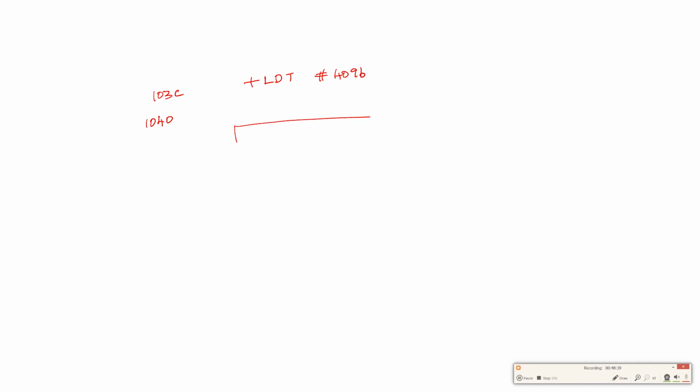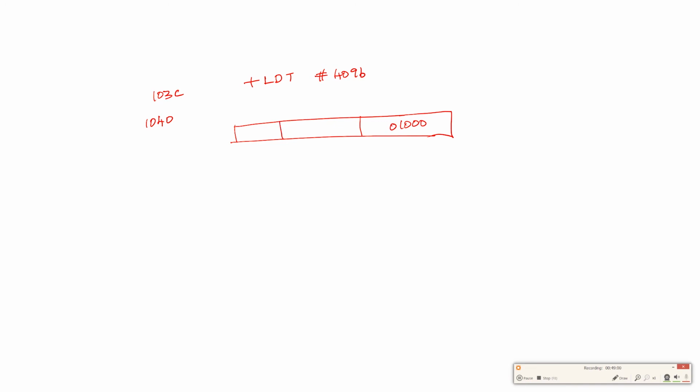If I draw this, as you know, 4096 is nothing but 1000 in hex. If I convert this into bits, a 20-bit address field is needed, so I will put it as 01000.